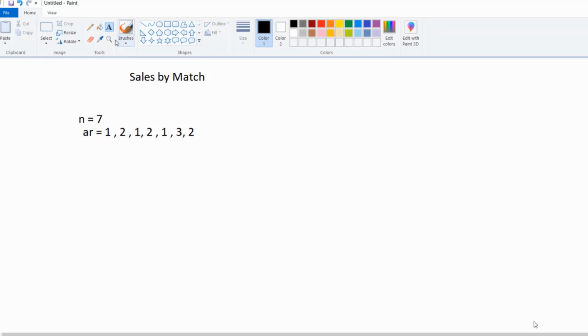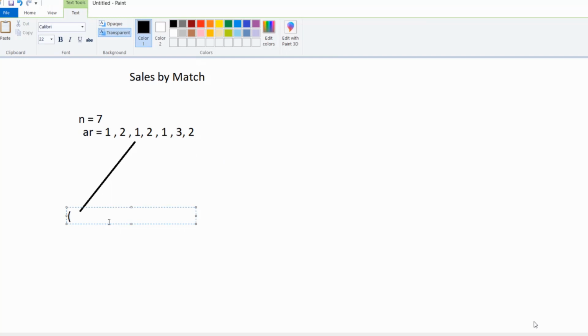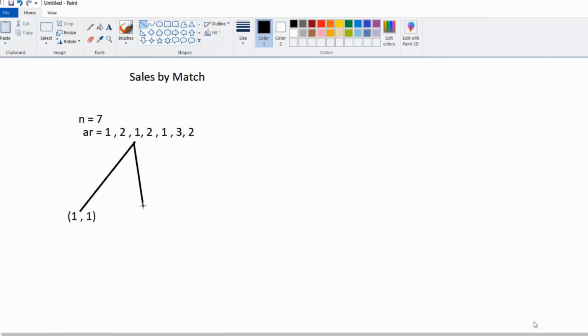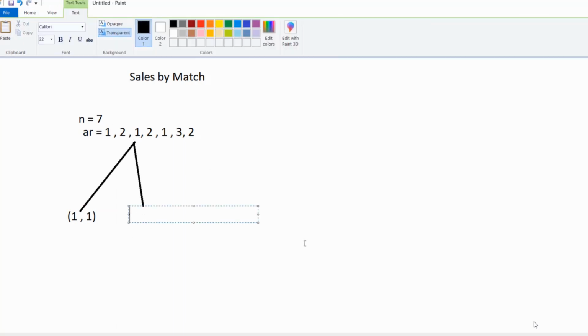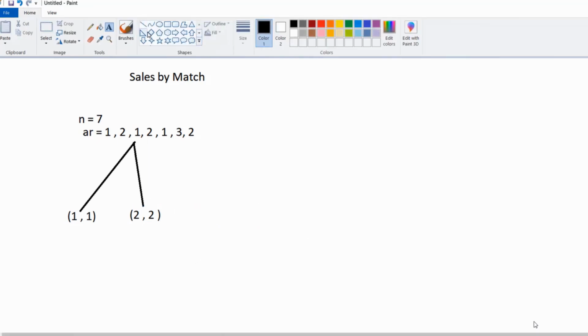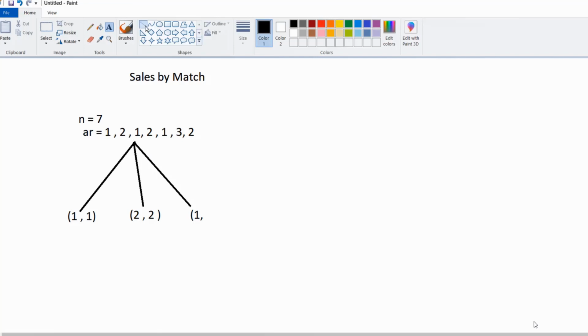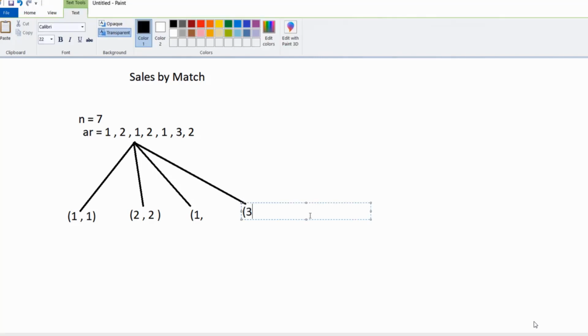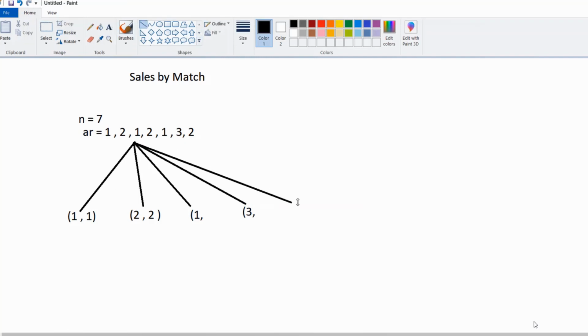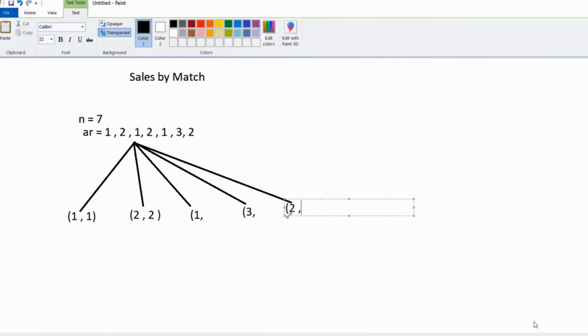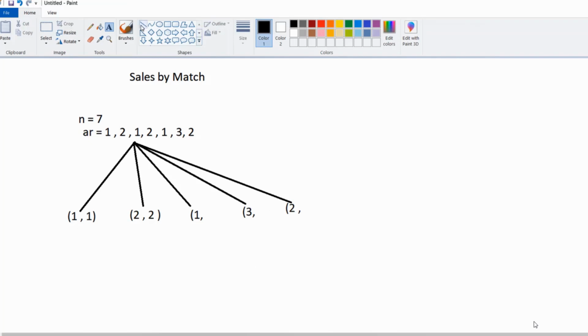So what I want is, I will divide all those values as pairs. For example, 1 is one pair, 2 is one pair, and the rest, you can see that 1 came only 1 time. It doesn't have any other pair. 3 is also 1 and 2 is also 1. So this 1 value will be counted as one pair and 2 value will be counted as one pair. So the total number of pairs will be 2.